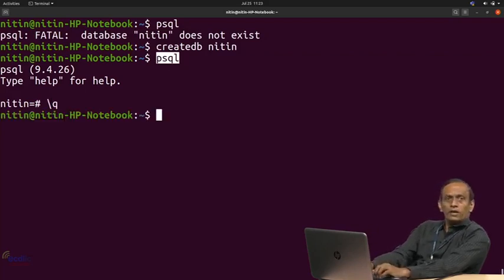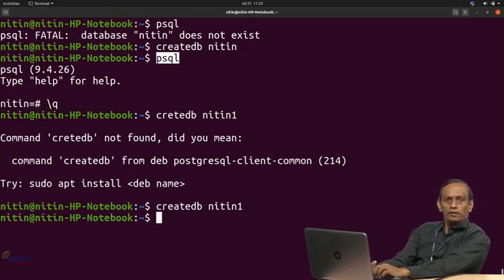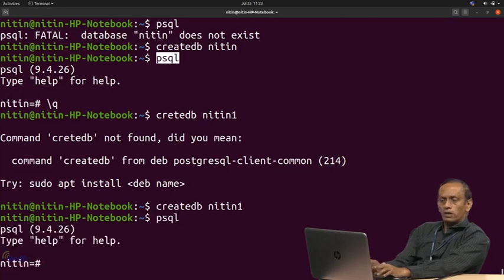Now what if I don't want to use this database with this user? So you will write createdb. Let us create Nitin1, for example. Sorry, I made a mistake: createdb Nitin1. Now if I write psql, it logged in with what?